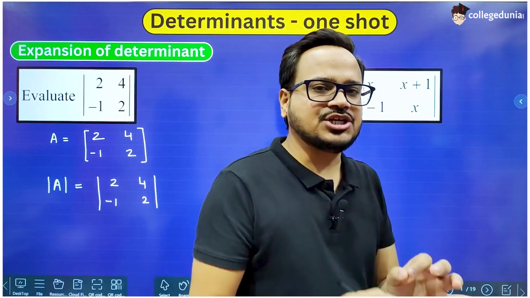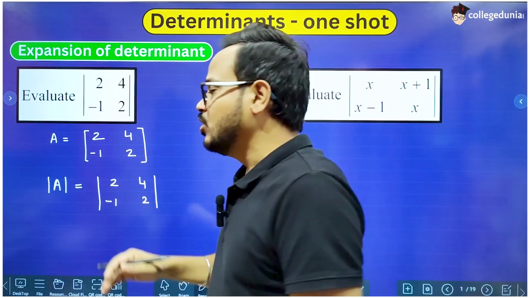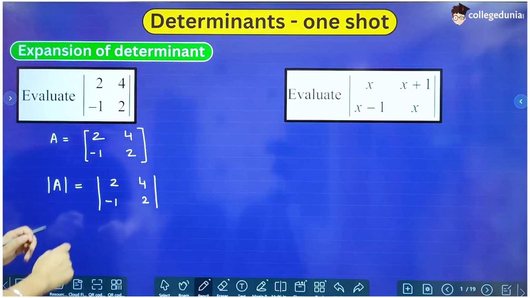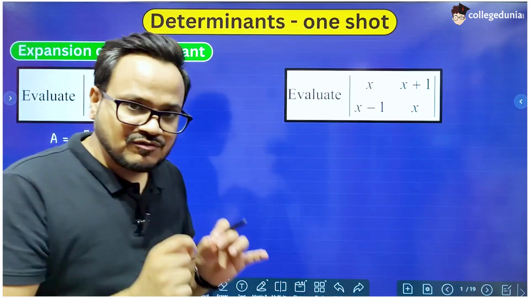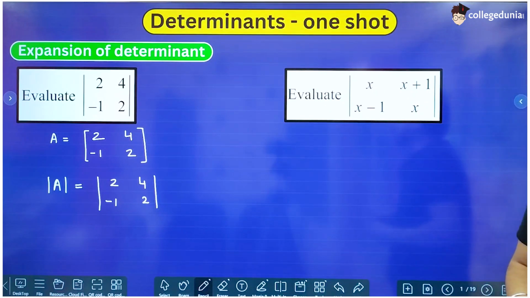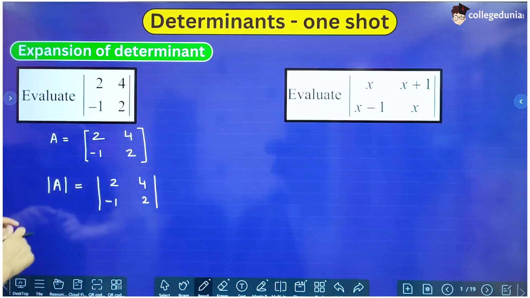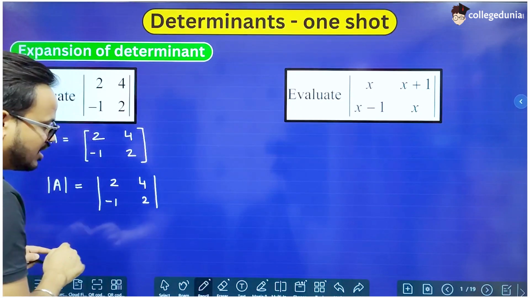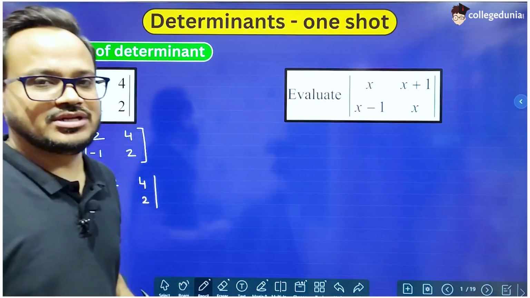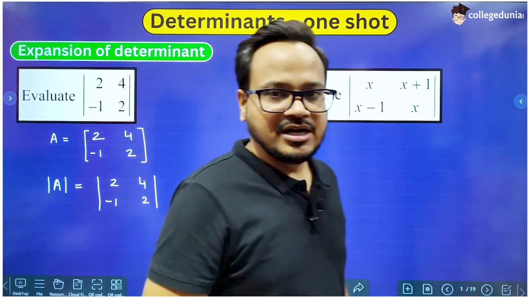Matrix is simply a collection of rows and columns, and matrix does not have any particular value, but determinant, though it is written in the form of rows and columns, has a specific value, and we have to find that value by expanding the determinant. Matrix in itself is important when it is written in this form, but determinant has a specific value which comes after expanding it, and that value is important to us. So we will learn here how to expand the determinants.